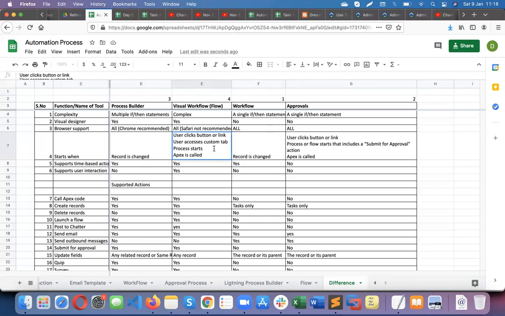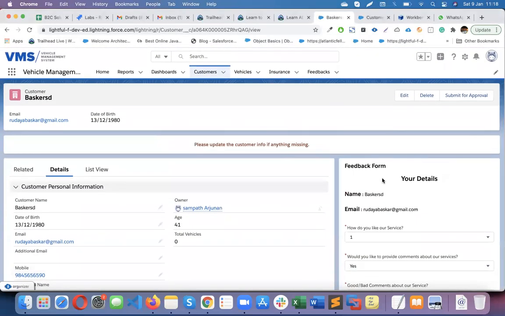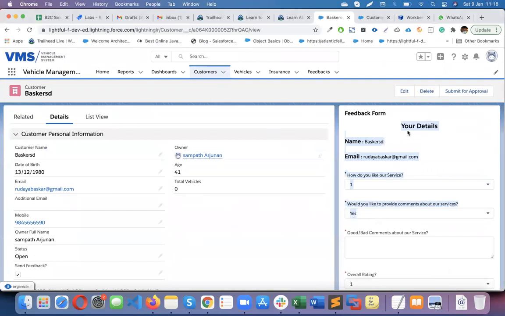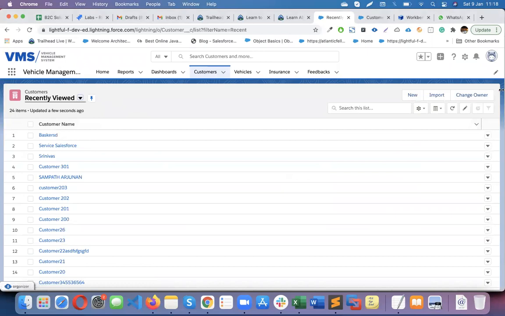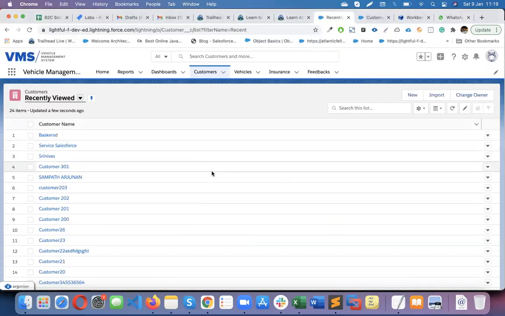Then user access from the custom tab. So through a custom tab also we can access the flow. On click of the tab, the flow is accessible. We can put the entire flow in the tab, and the entire screen will be a flow. We can do that as well using the tab.